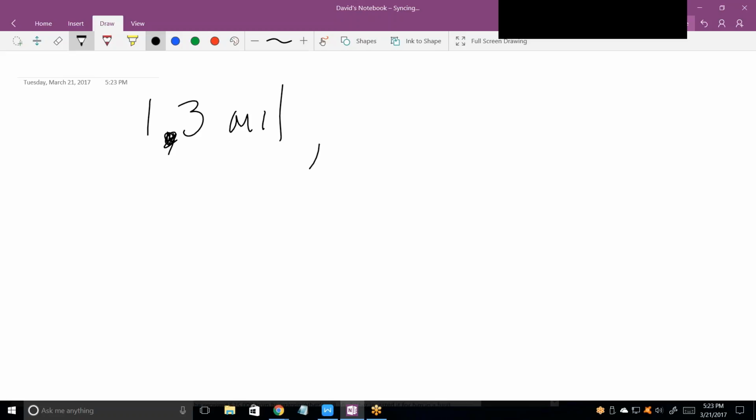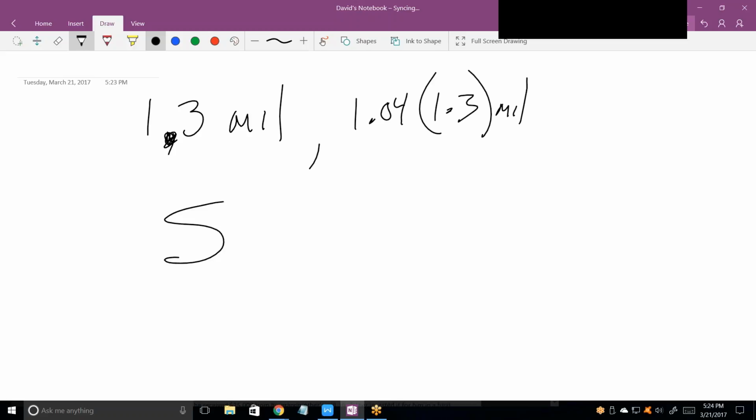Second term is 1.04 times 1.3 mil. With me? Yeah. So the sum of this, let's see, is this an arithmetic sequence? Yeah, we're adding 0.04 times 1.3 mil each time. So the sum of the first 20 terms